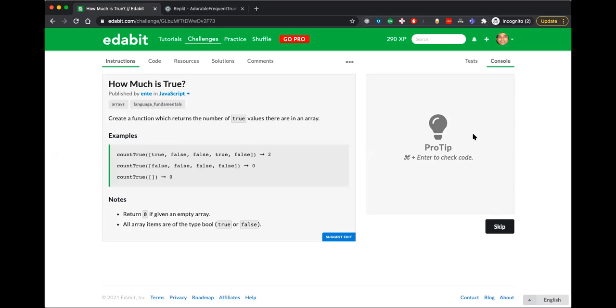It's pretty straightforward. Correct. So create a counter. If it is true, then increment the counter, else do nothing, right? So we will try to solve this problem in multiple ways.